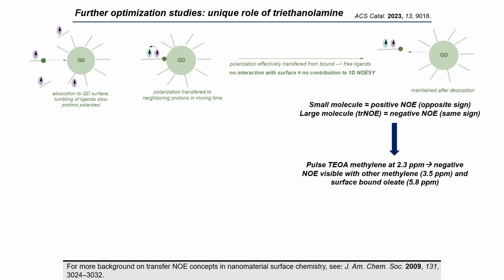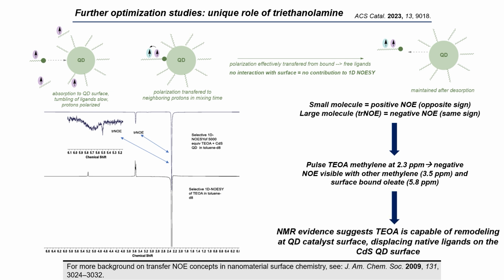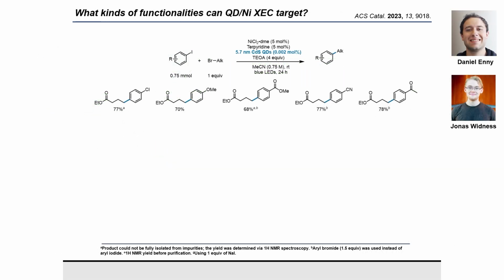And what we found is that there was indeed a negative transfer NOE of the free oleate species, and there's also a negative NOE of the other methylene on TEOA, as well as the surface-bound oleate. Combined with our proton NMR titrative studies, this provides further evidence to suggest that triethanolamine is capable of remodeling the quantum dot catalyst surface. We were pleased to find that the quantum dot and nickel metallaphotoredox system was able to